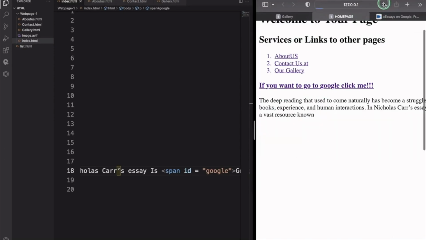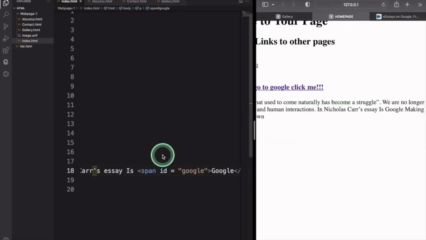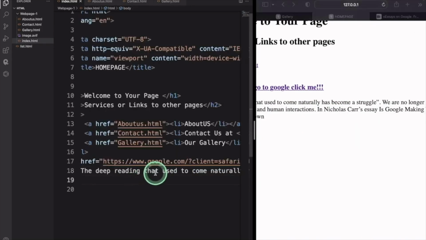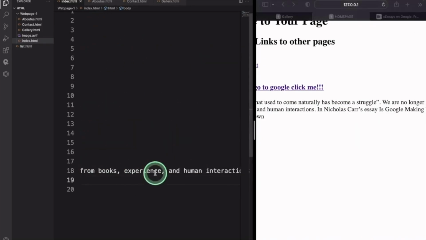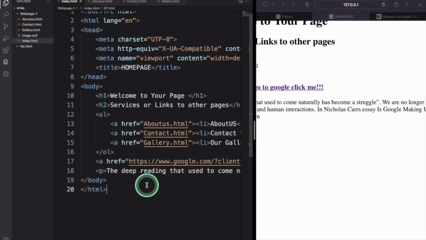Yeah, nothing has changed. Now okay, now let me say that